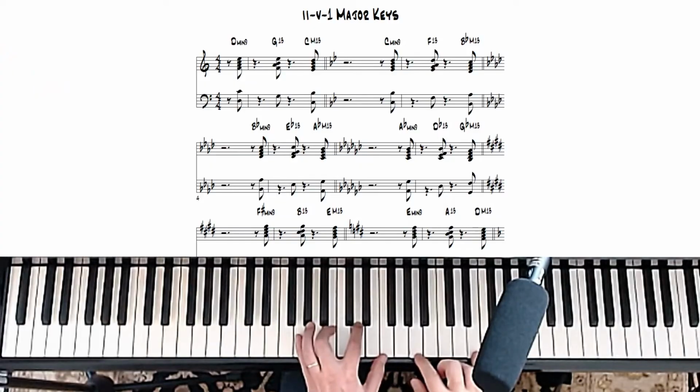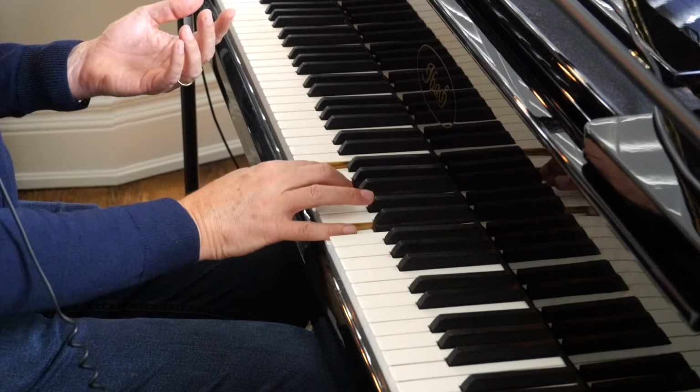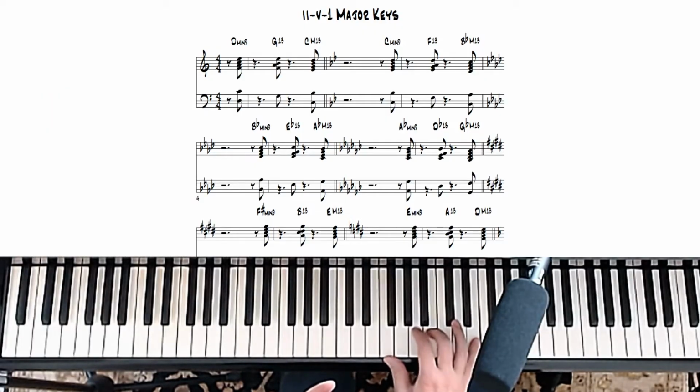where that flat 9 is in there, but it's because it's a specific chord called a flat 9 chord. But in this case, we want just the G chord with the 9 and the 13. And so we space that properly by playing the 7th, 9th, 3rd, and 13th in the right hand, as you can see on the sheet, and only the root in